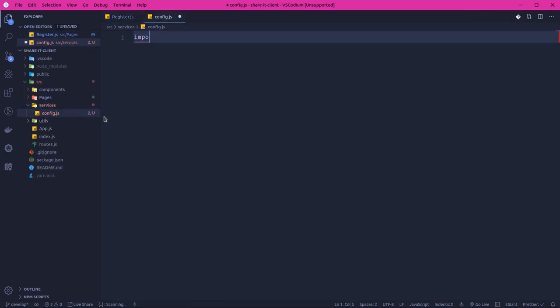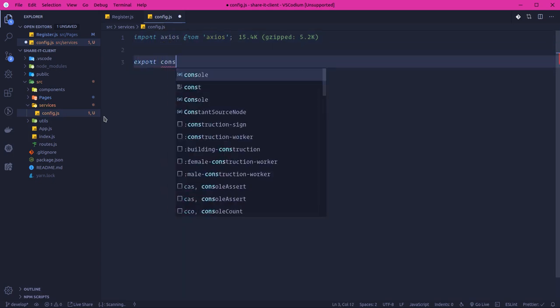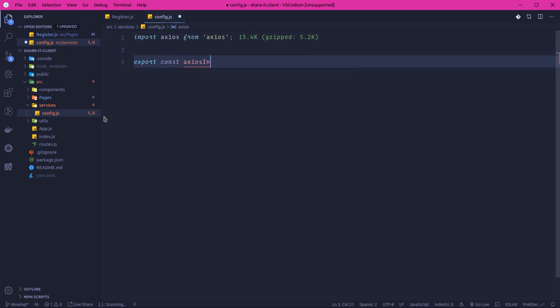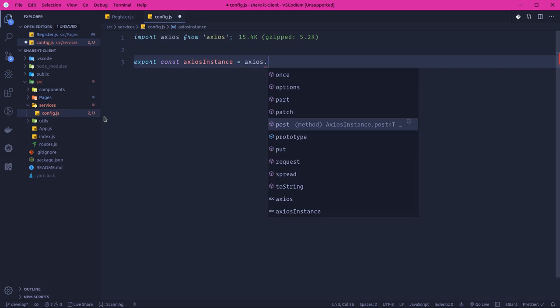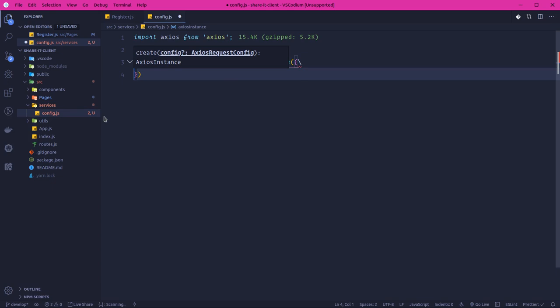So I'm going to import Axios from Axios. Then create a variable which I'm going to export: const axiosInstance. I think it's too long, but all the same, instance. Okay, so I'm going to create an Axios variable called axiosInstance, and Axios has a method called create. So we're going to say create, and pass in the base URL, which is in our case,